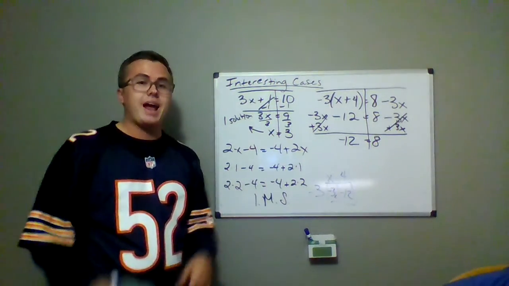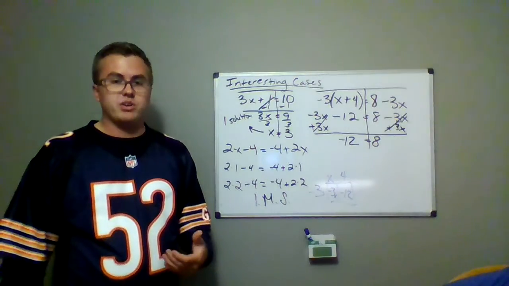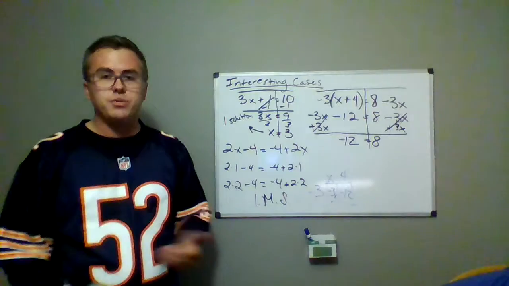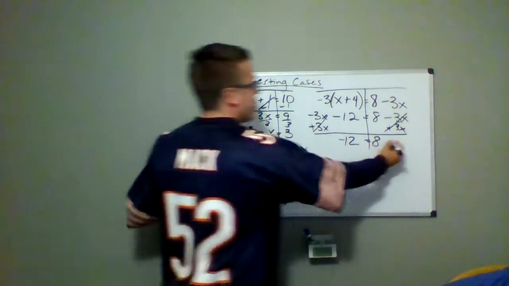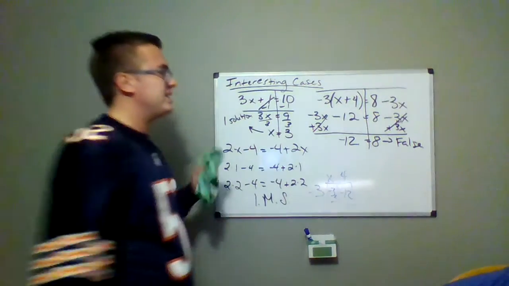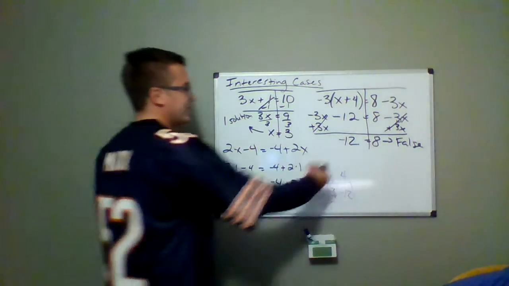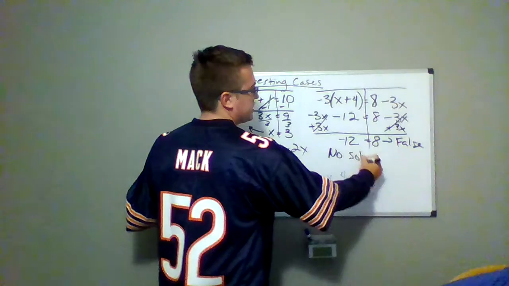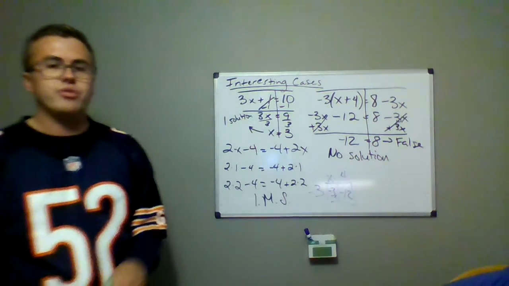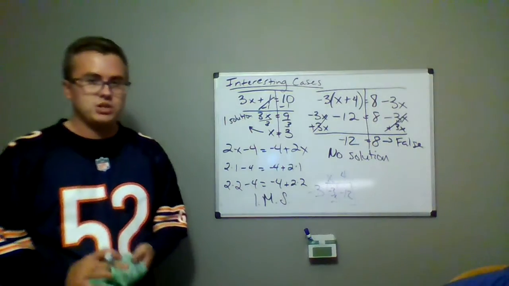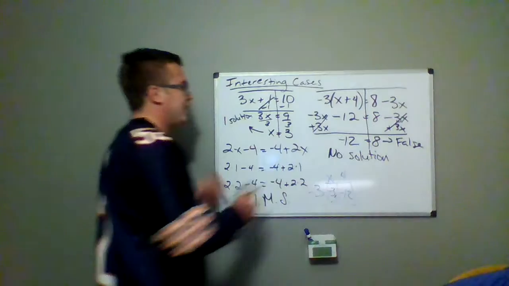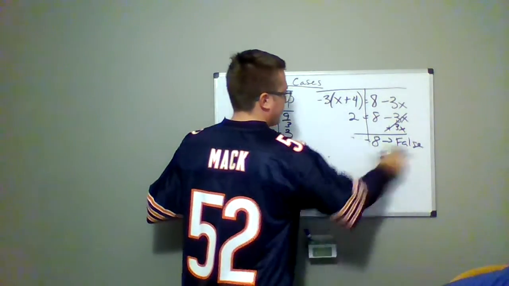Now, in the last one, we had a true statement once the variables cancel out. But is this a true statement? Is negative 12 equal to positive 8? That is false. And because that is false, that means that there is no solution. There's nothing that you could plug in for x to make that statement true. So if I go through and erase this part here and rewrite what I have,